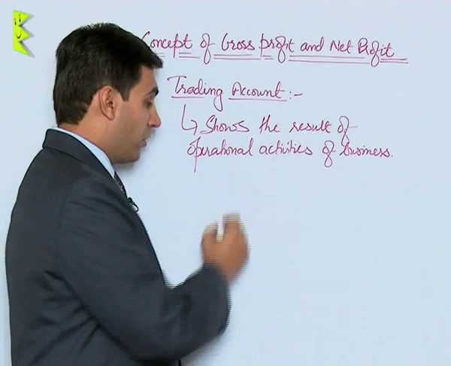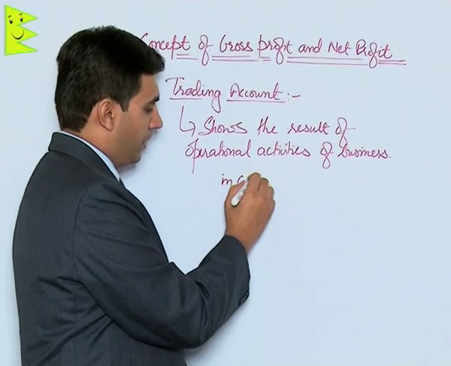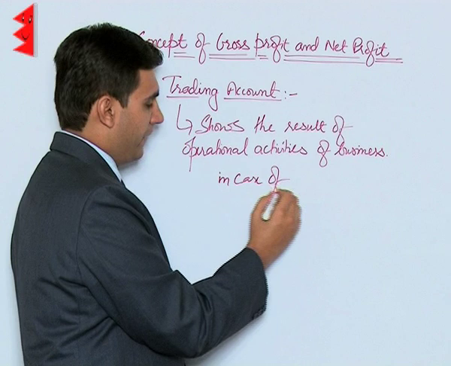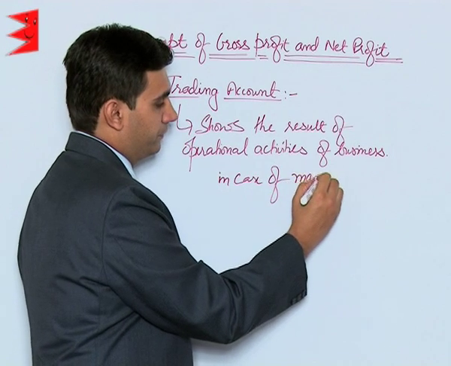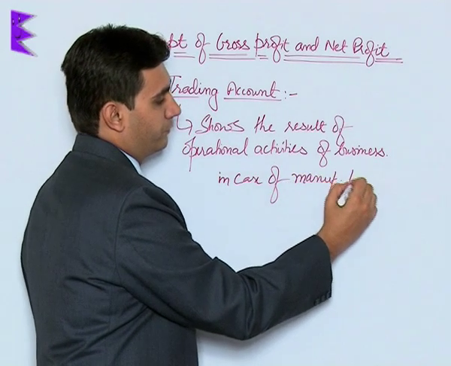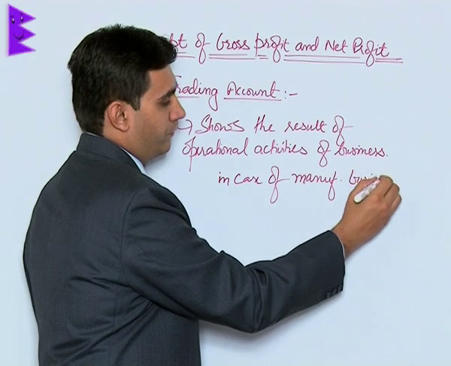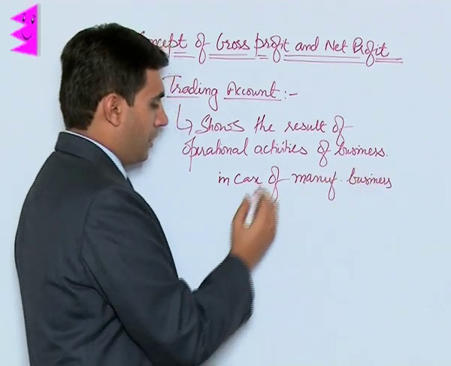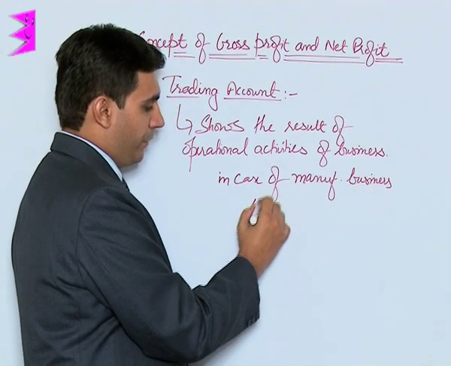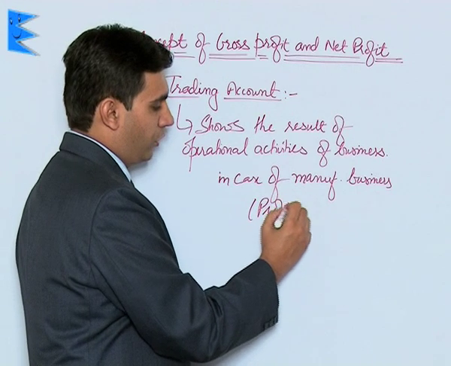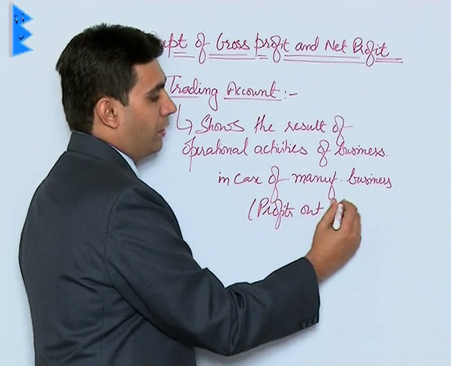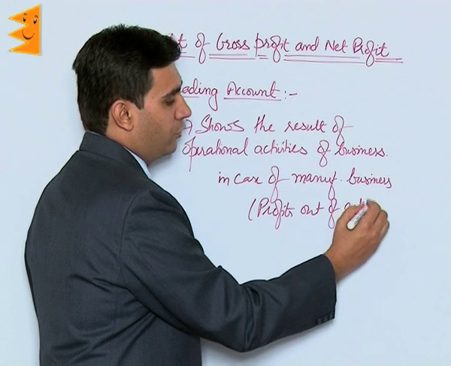That is, in case of manufacturing business, then it includes profits out of activities related to manufacture,